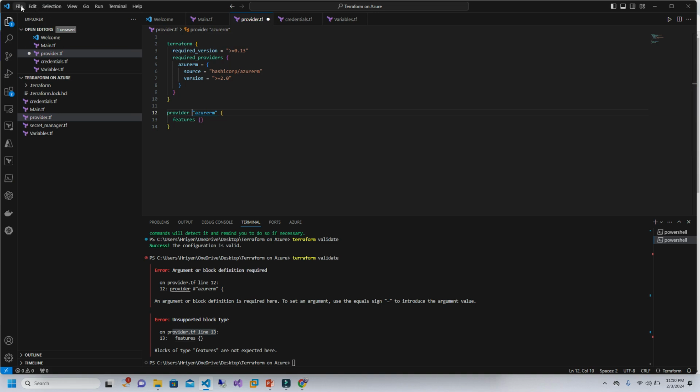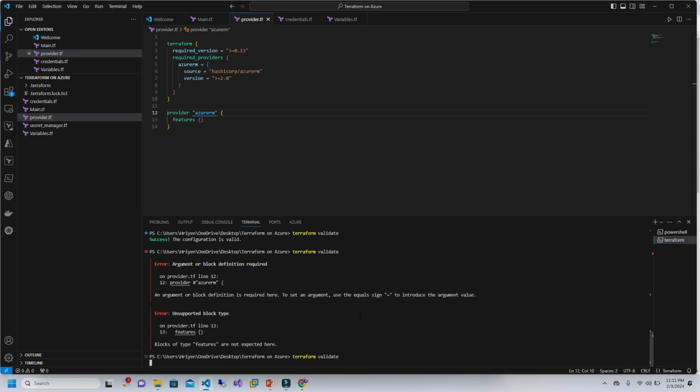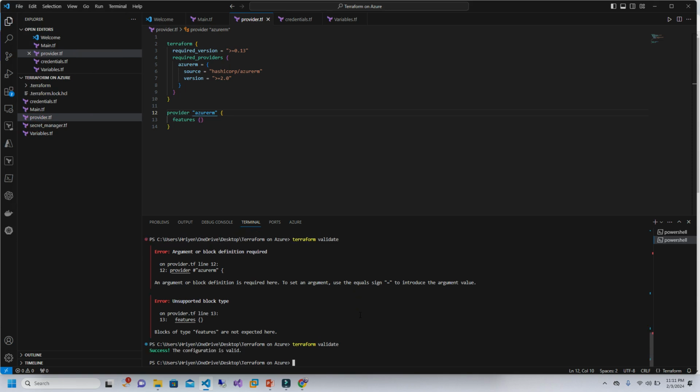Now if I change and modify, I mean update it, let me validate once again. Then it will be okay. Now, if I run Terraform